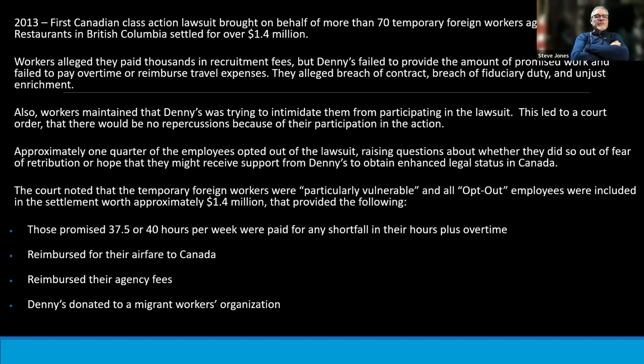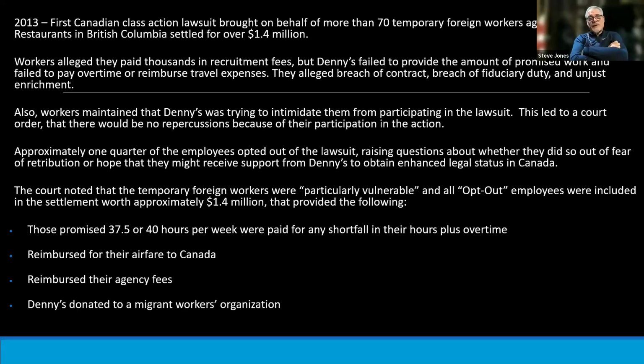So if somebody actually even signed a document that said, I'm out, I don't want to have anything to do with this, when it came time for settlement, they were in. So if there were 70 employees and 50 of them said, I'm out, the court said, you can't get out. If the parties win, you win. So there's no advantage to saying you're out because we're all going to be treated equally regardless. And that was because Denny's was accused of and found to be guilty of intimidating the workers to not participate.